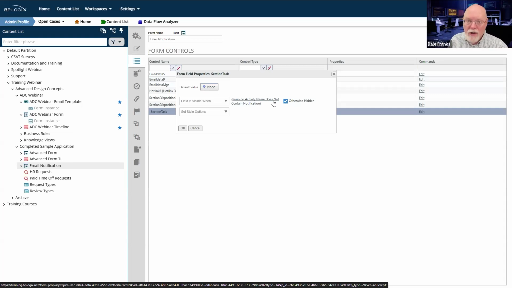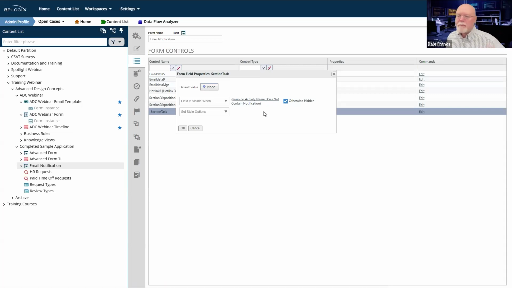There's another condition that I could put on here. I could say the running activity name contains approval because both of my manager approval and supervisor approval tasks contain the word approval. So I guess I could use that condition as well. So in that particular case, it would still show the same email section whenever I had those first two notifications, my supervisor approval and my manager approval.